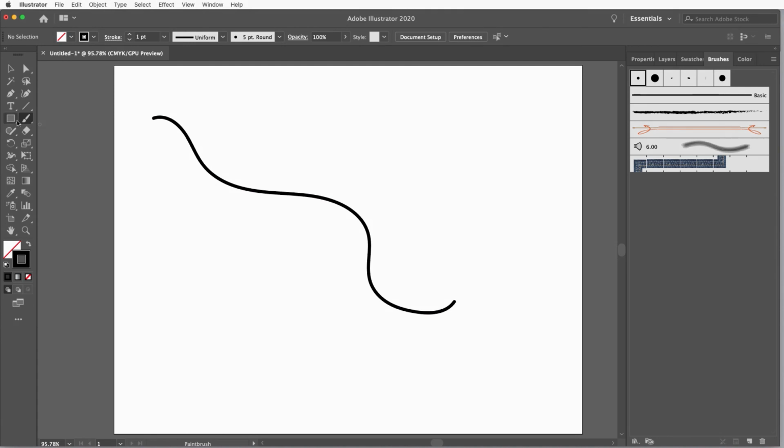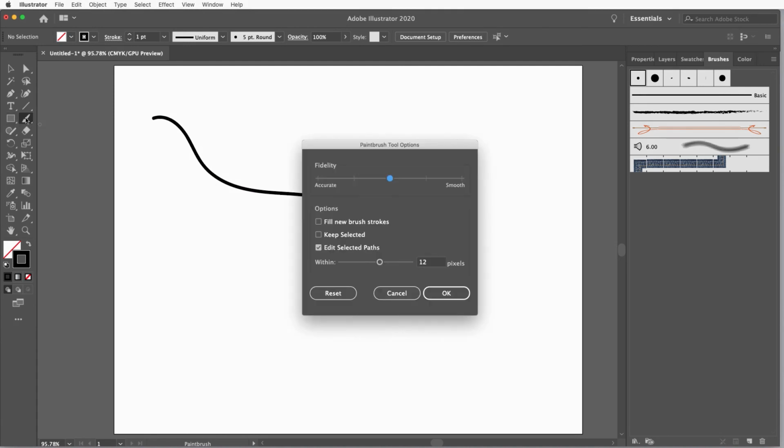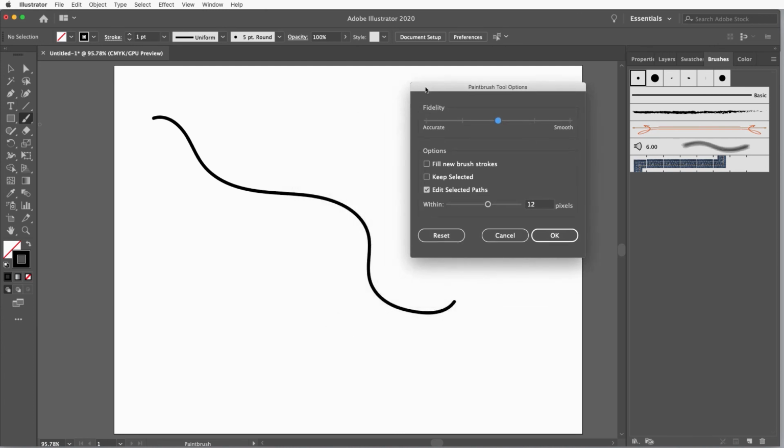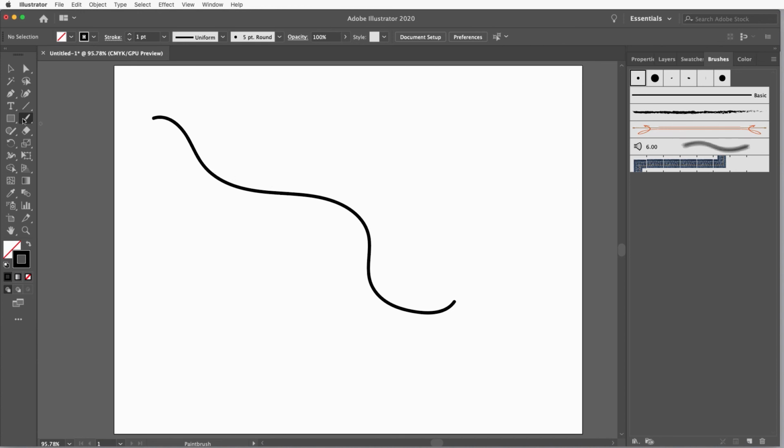If you double click on the brush tool, you get these paint brush tool options. And for those of you that might have a shaky hand or are not sure about the accuracy or the smoothness of the lines you draw with the brush, especially if you're using a mouse, I want to show you these fidelity settings. So I'm going to first of all set them to very accurate. So I'm going to click OK, and I'm going to use my brush tool again,